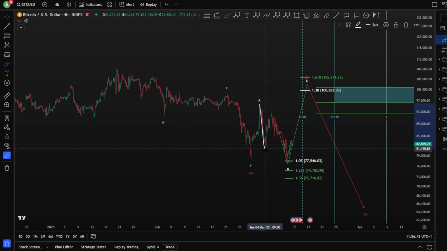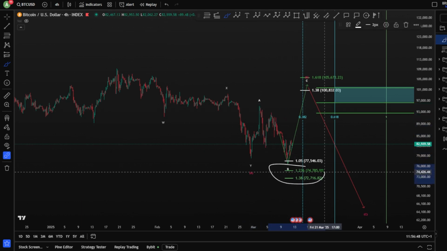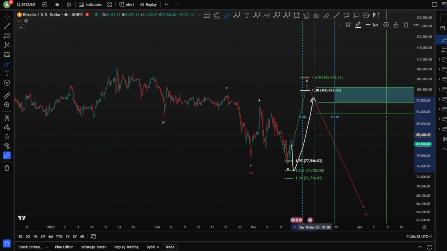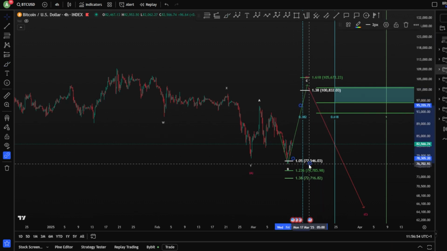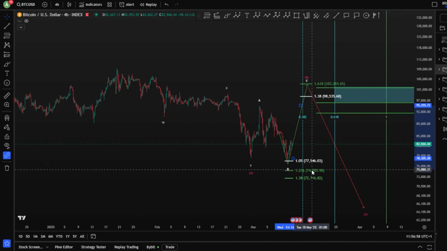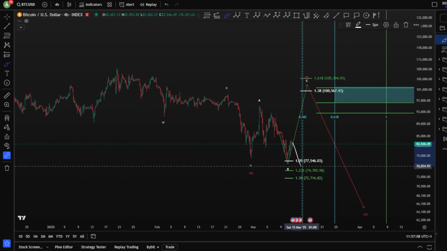It can still be an A, B, and a C, where your wave C still needs to reach those expanding flat fib levels and then move toward the upside, meaning the targets can still get lower and lower the more the price goes low. Now currently we are in this target of 100k, 105k, and potentially it could get lower in case today we move down and we take one of these fib levels.